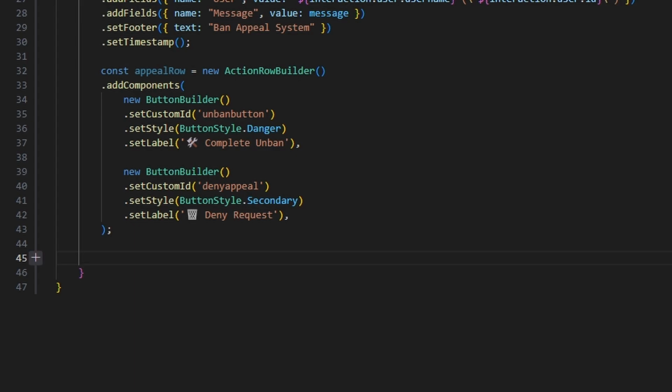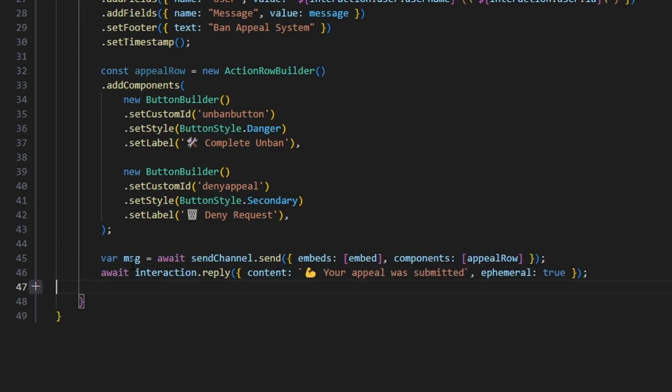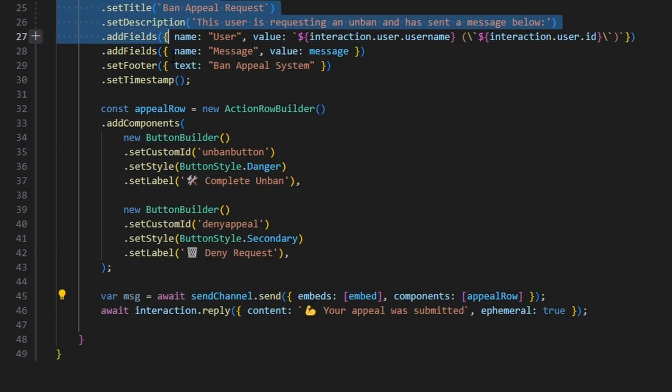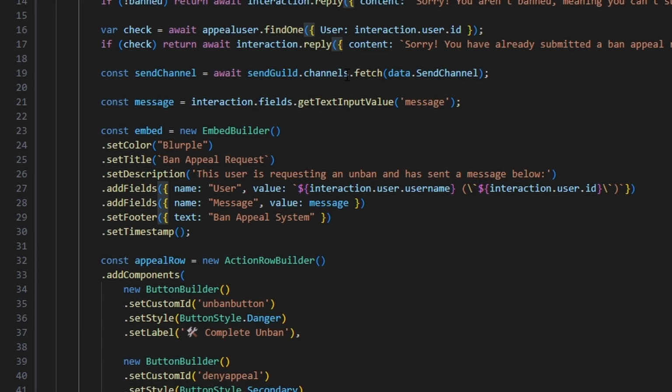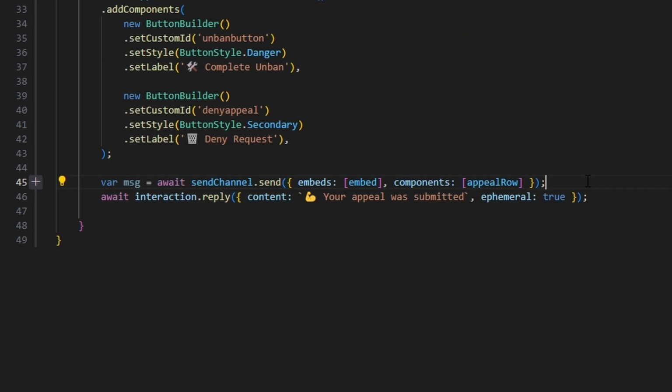But for now, let's go ahead and get our message that we're going to send. So we're going to do var message equals await sendChannel.send. Essentially, we're taking our embed and buttons and sending them into the pre-specified channel within the regular guild that the admins of that guild set up for ban appeals. So we're sending that message, and then we're going to reply to that interaction saying your appeal